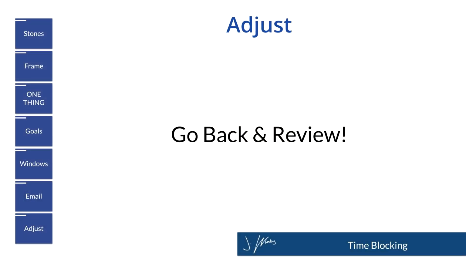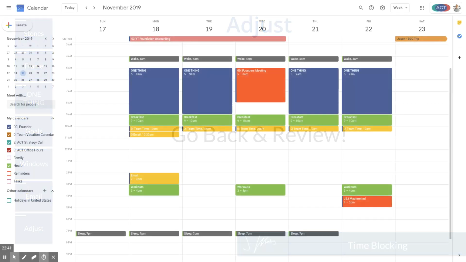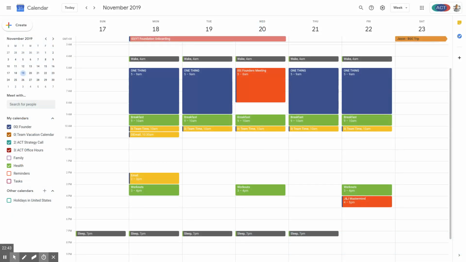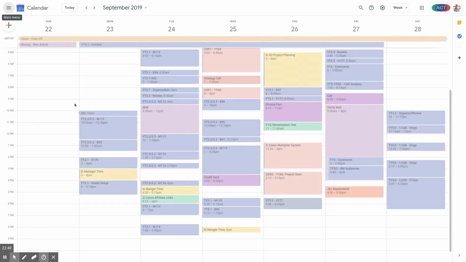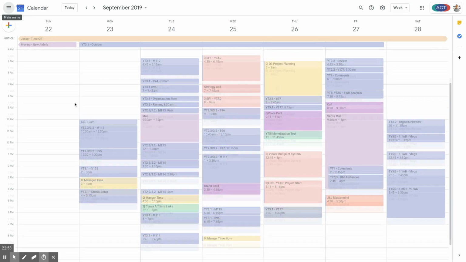And the final step of this process, step number 7, is what makes Google Calendar so powerful and why I like using a digital version compared to just handwriting. And that is, as your day goes on, adjust your time blocks, right? Because what we're looking at right now is the ideal week. Well, it's almost never going to look exactly like this. So let's go to one of my previous months and let's go through a couple of my weeks and see how they actually turned out.